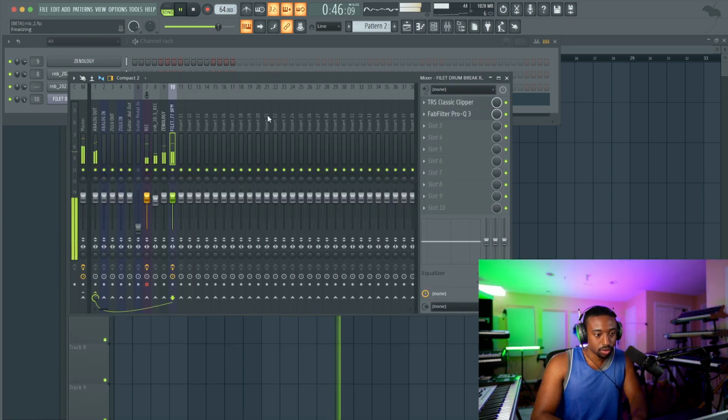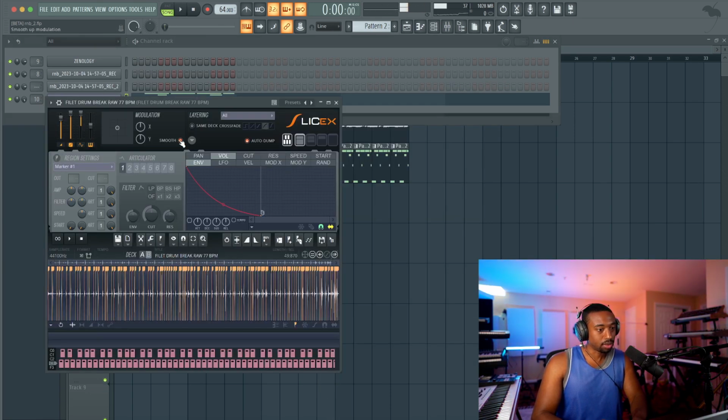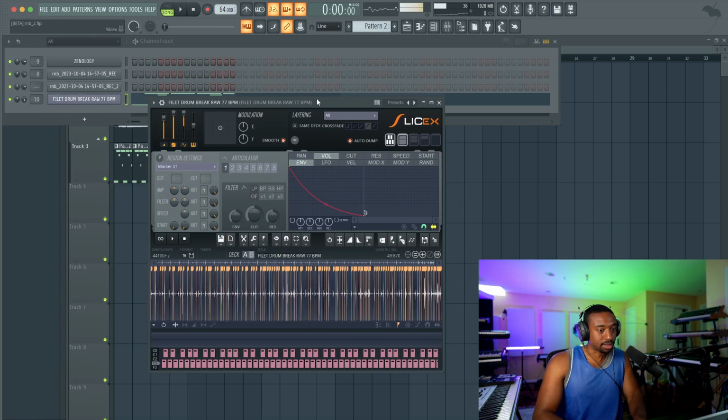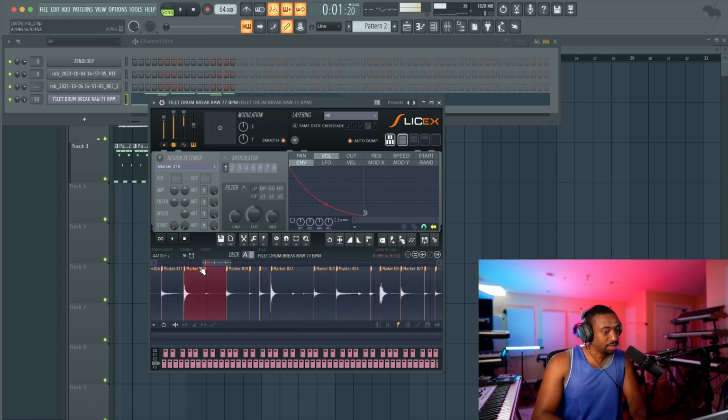Now what you could do is also separate your snare out. You just have to find your main snare. So let's figure out what. So it's this marker right here. Just zoom in. It's marker 18. You double click on it. Select your output. This is a plus value. So +1, or you could do -1.